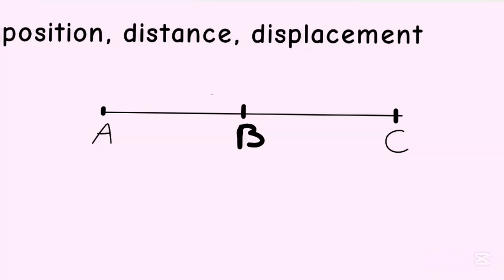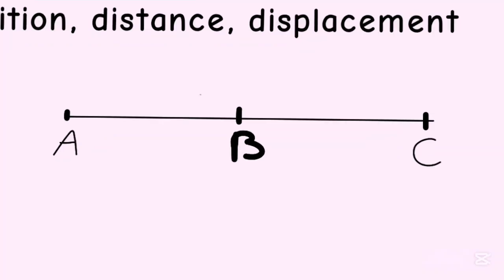So if you were here, then you're at position B. If you were here, then you're at position C. Now you understand what the positions are. You want to relate positions and distances. Let's say you went from here to here. The blue line represents the distance because it's the length covered, and let's say the blue line was 20